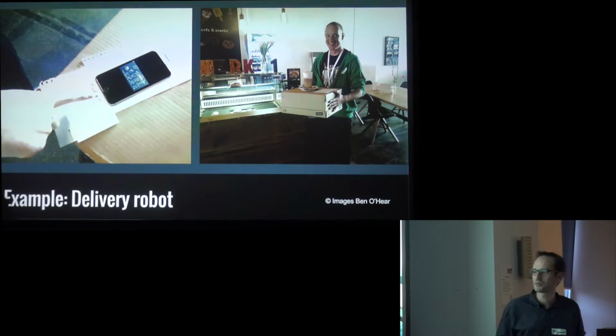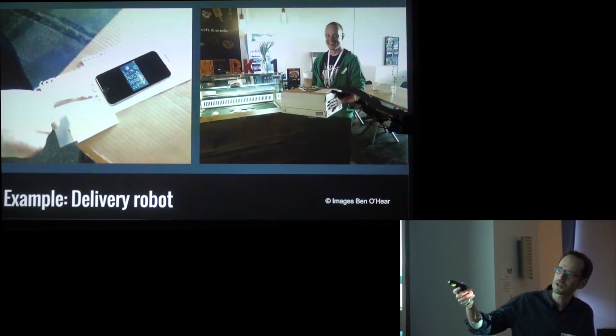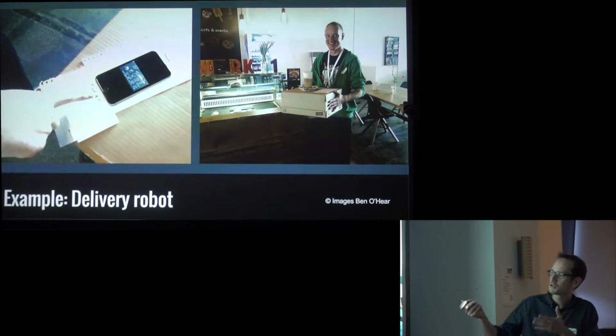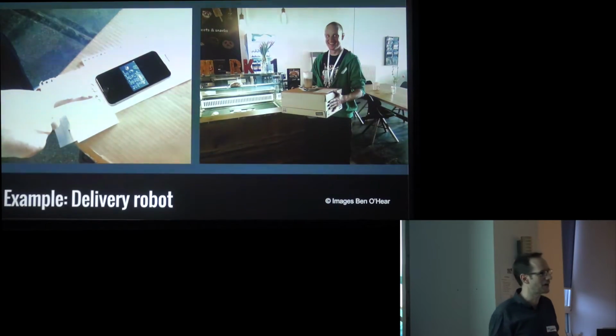So this is an example from Google Launchpad from a couple of weeks ago. This is a team, they're building a robot to deliver stuff in hotels is their current assumption. And we tested that by prototyping the robot delivery with a cardboard box and a few bits of paper. So the end user had a user interface with some paper where he could order and a smartphone with a photo of the menu. This was the robot, and the lady behind the bar had her own interface where the orders would come in. This took maybe an hour to put together and still delivered some really valuable insights.